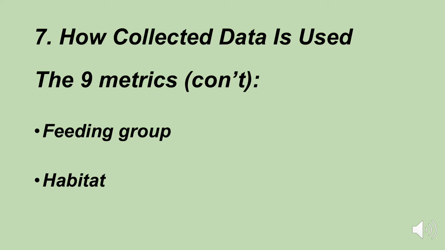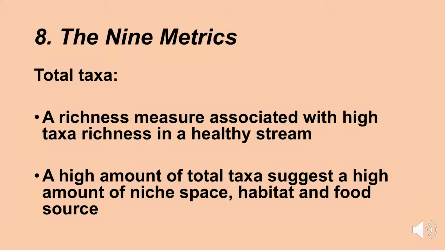So let's take a look at the 9 metrics in a little bit more detail. The first metric we're going to take a look at is total taxa. It's really a richness measure, where high taxa richness means a healthier stream. A high amount of total taxa suggests a high amount of niche space, a high quality habitat, and a good food source. So of the 9 metrics, the first one is the total taxa that are present in the benthic